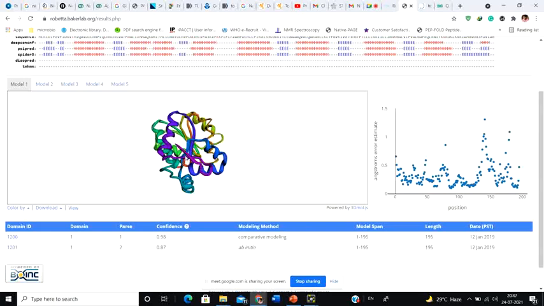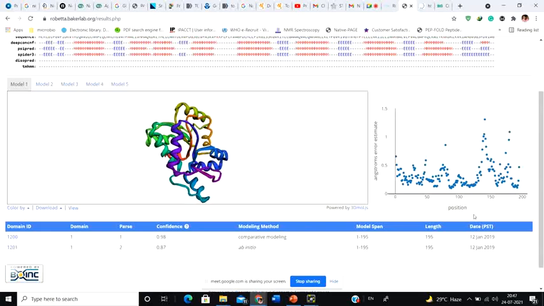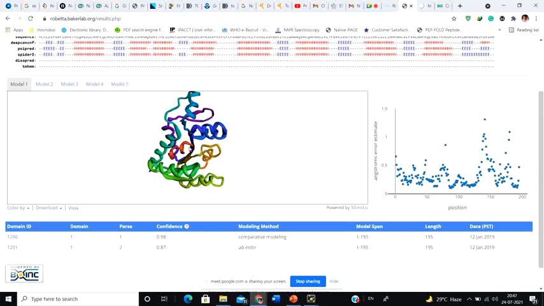And remember, suppose this is the alpha helix. Whenever a molecule is present in the beta sheet or in the alpha helix, the error is really low. But whenever the molecule is present in the loop region, the error rate is high, because the loop has a different structure.